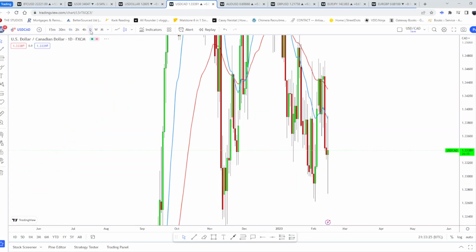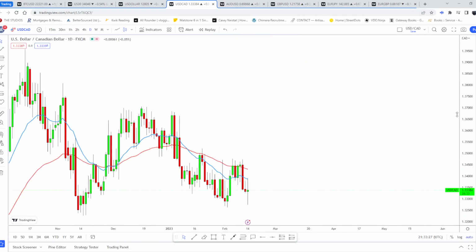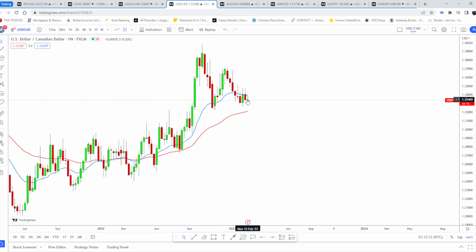Same with US dollar, USD CAD, sorry. It is responding a similar way. Let's go from the weekly time frame as well. So last week closed as a shooting star. Price action is in between MAs. Yeah, strong bearish momentum,